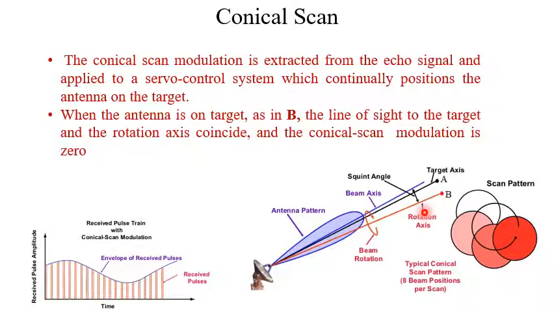So more this angle means higher will be the modulation index. This portion will be lower and this portion will be higher, and when A and B are close enough, then this lower portion will be in higher direction and this portion will be in the lower direction, and ultimately when they exactly coincide, it will produce a simple constant without variation. There will be no amplitude variation of the received pulse at all. That means A and B are now coincident.